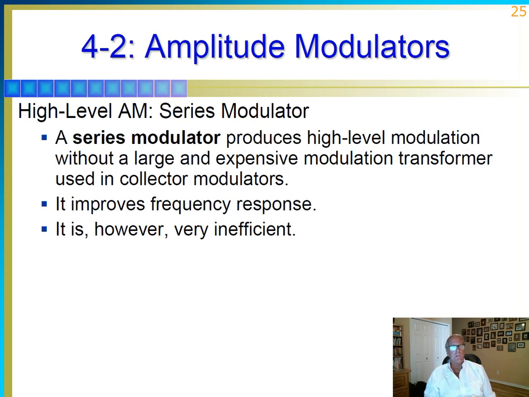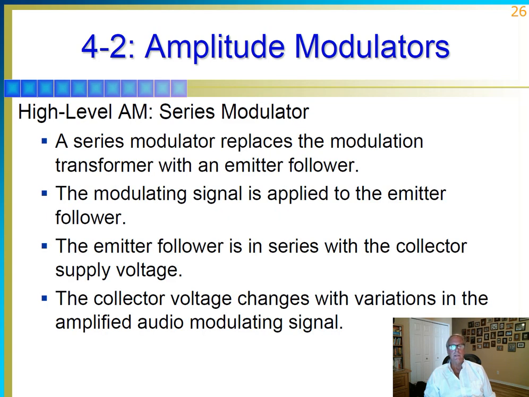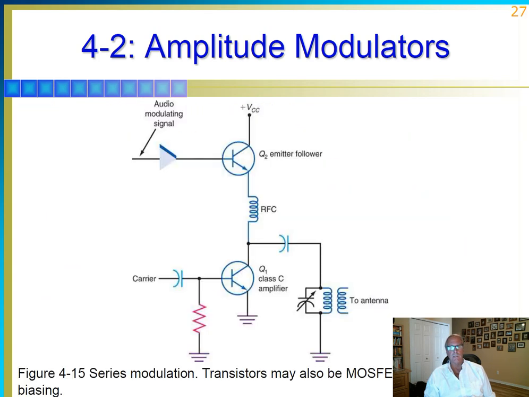Okay, now here's another one, very similar, the series modulator, very similar to what we just talked about, the collector modulator. The good news is that it uses fewer transformers, I think here. Let's see, yeah. Only one transformer instead of two. It's got two transistors in series, right? And so this one transistor takes the place of the other